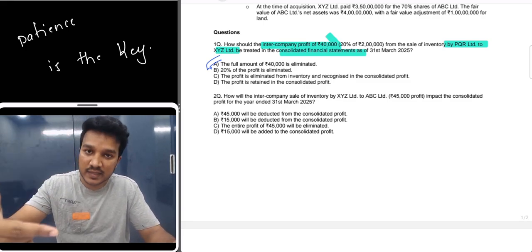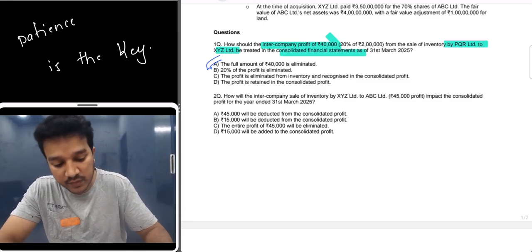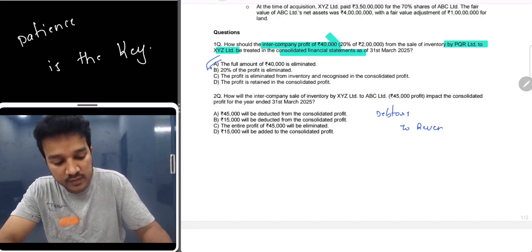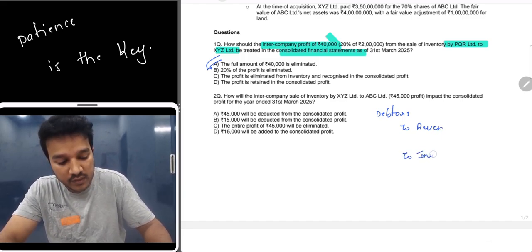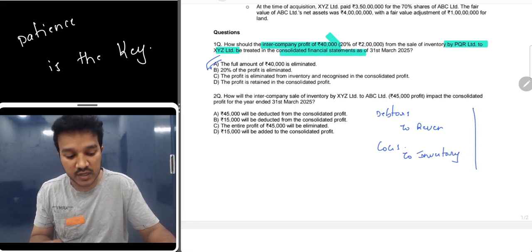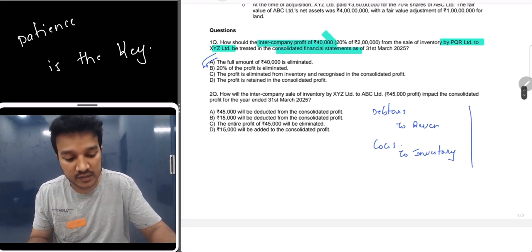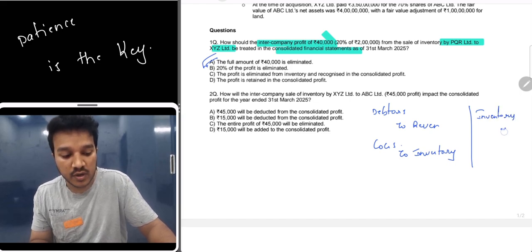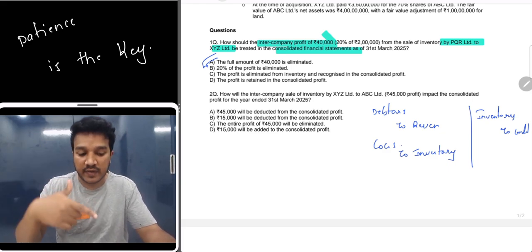So whenever a parent is selling inventory to the subsidiary, it will recognize revenue. Okay, so it will record debtors to revenue. Okay, fine till here. And then its inventory is going out, so it will write to inventory, and there is also its cost, so cost of goods sold. Till here it is fine, right? So these are the entries which are recognized by the parent when it is selling to the subsidiary, and the subsidiary will recognize inventory because inventory is coming in. Okay, inventory account debit to creditors, it has to pay money to the holding company, so inventory to creditors.